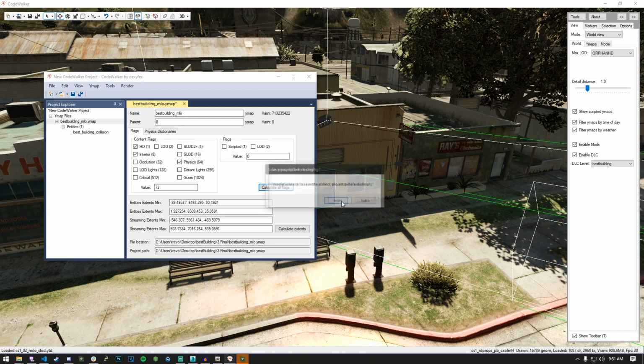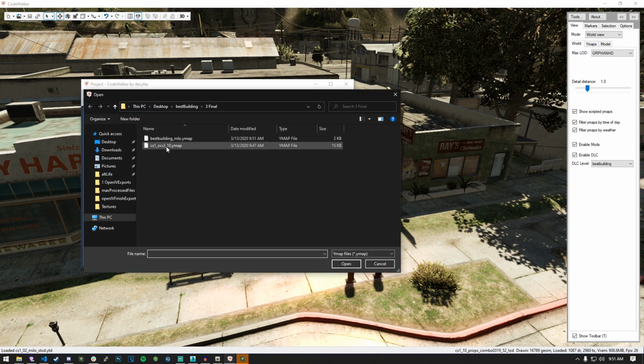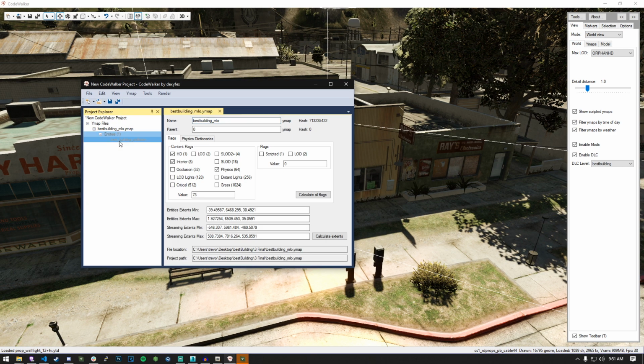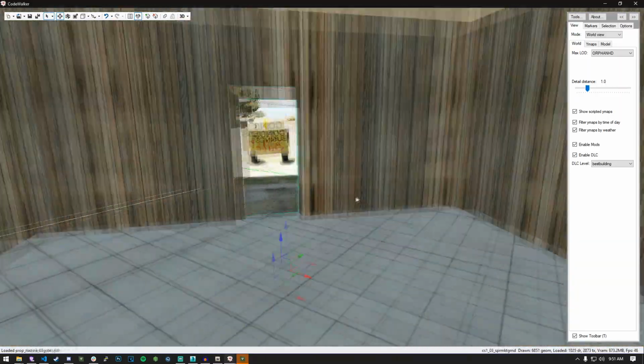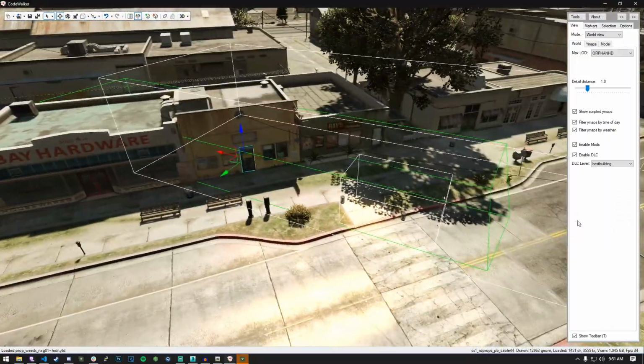Would you like to? Yes, of course. And then close the project. We're going to reopen it. And hopefully we will be good to see inside. Yes, we are. Okay, so somewhere included with this RPF file, if you look at the bounds, we have a